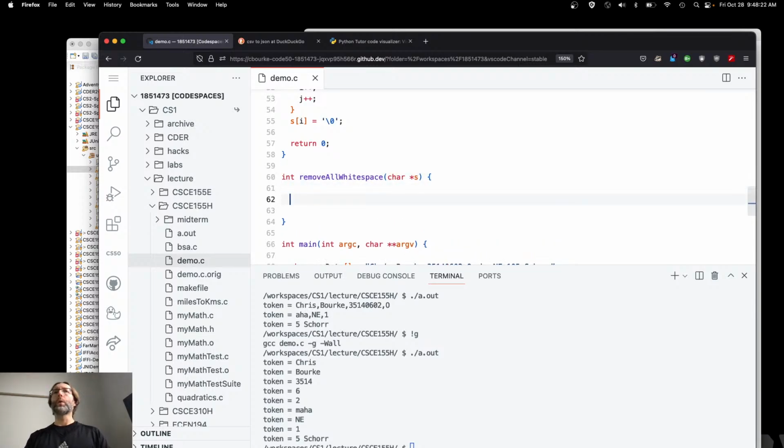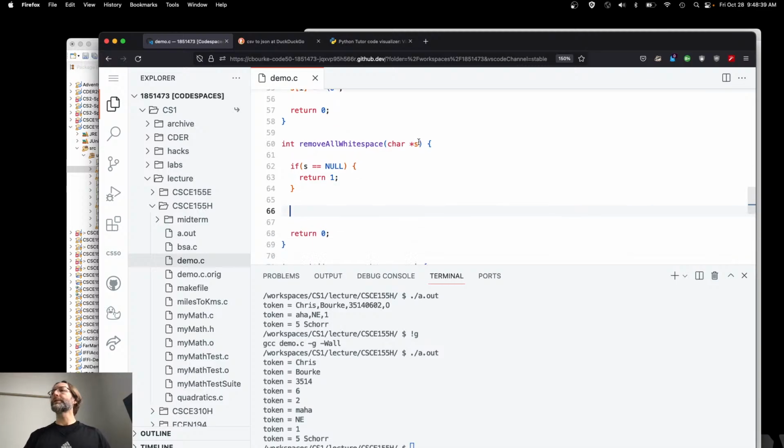What's the only thing that could go wrong, though? If it's null. That's so boring that that should just be the first thing you do, always. Null pointer checks. Return 1. Otherwise, at the end, return 0. We're returning those as error codes because you give me a string and I want to take out all the